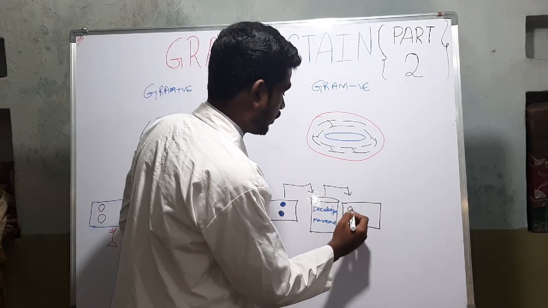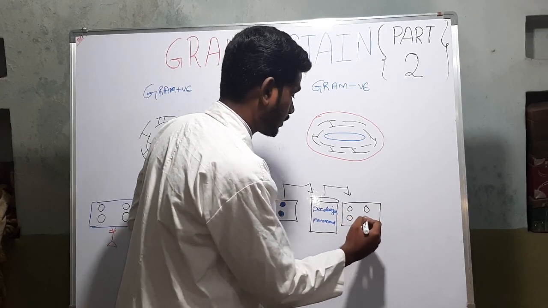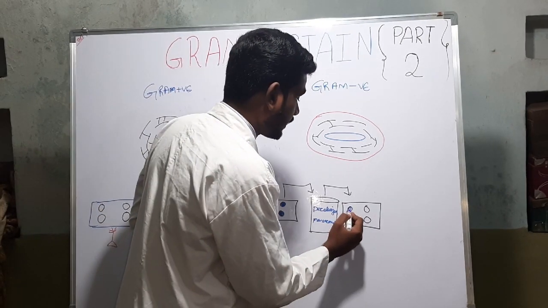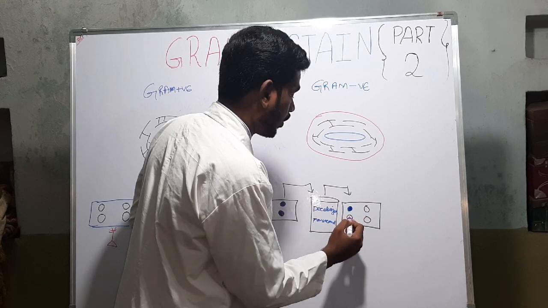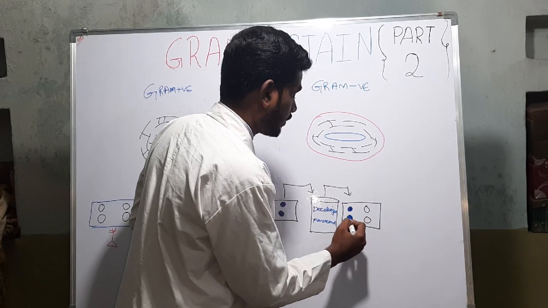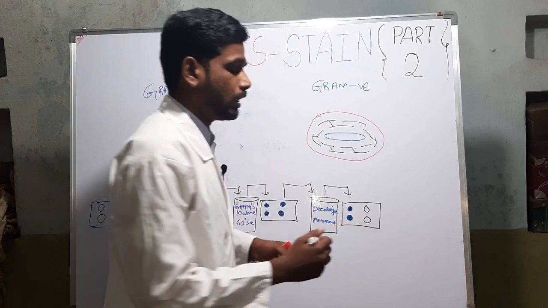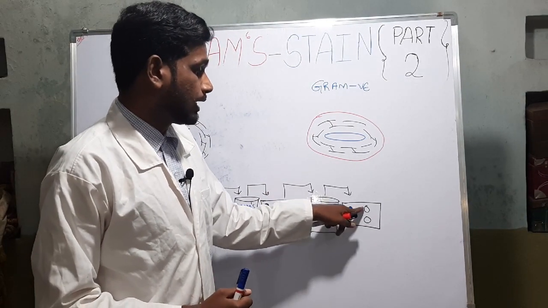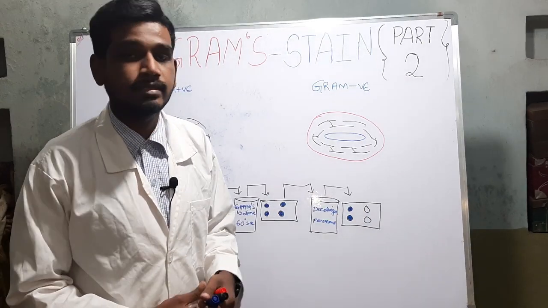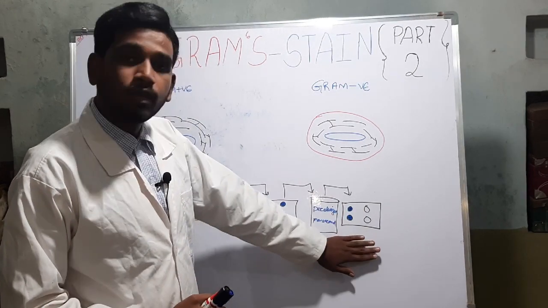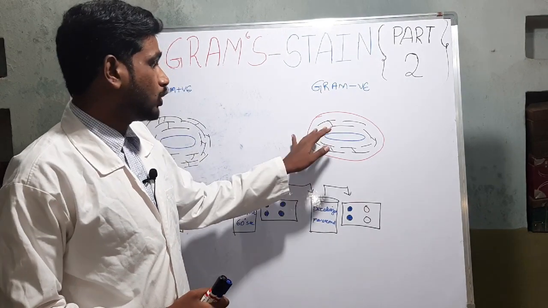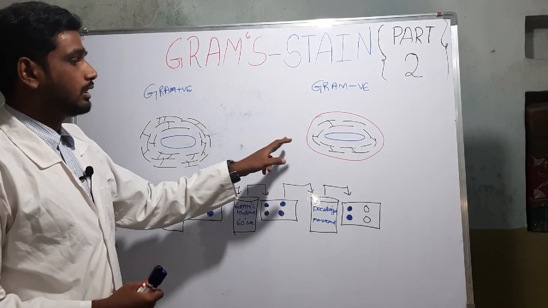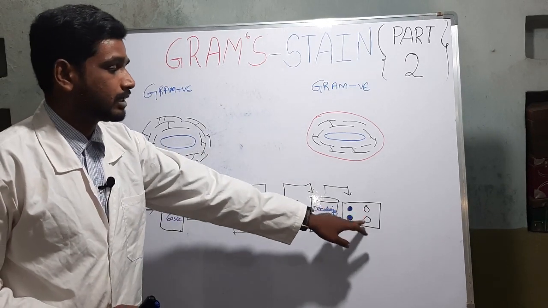So what will happen over here is that the gram positive bacteria are going to retain the violet or blue color, whereas gram negative bacteria are going to be colorless. Gram positive bacteria take the violet color, gram negative bacteria become colorless. For this purpose, I am making you stop here, and I want you to understand the concept of what is actually happening, that it is taking the violet color and becoming colorless.